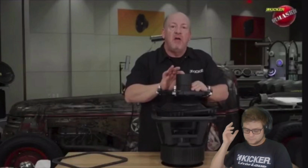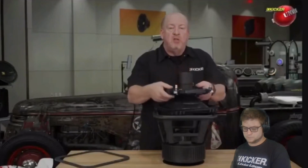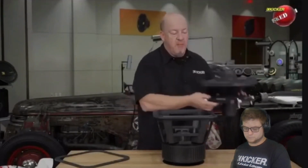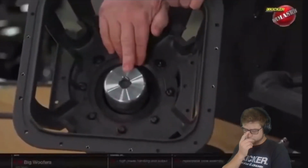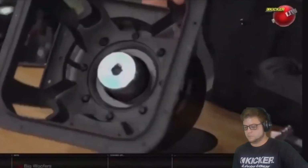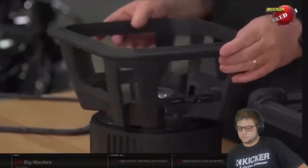Let's keep going. The voice coil is going to have the aluminum voice coil former, dual spiders, just like we talked about before. If we look at the underneath side of this, you've got your hyper-extended pole piece. In fact, we're fortunate enough that we actually have two of these in-house. So I like to show them both off because they're...